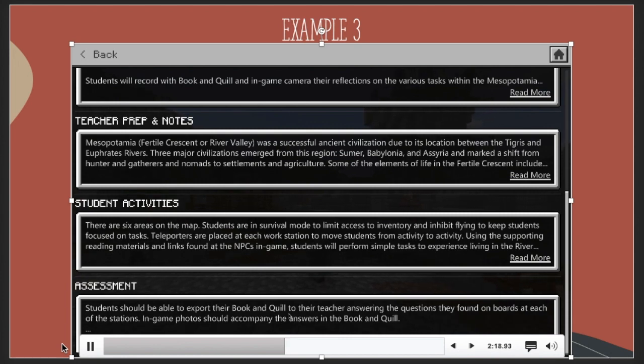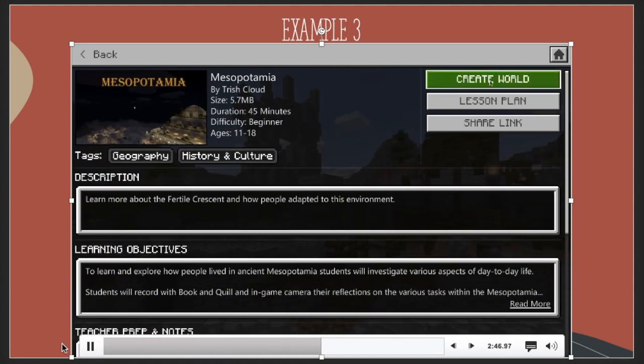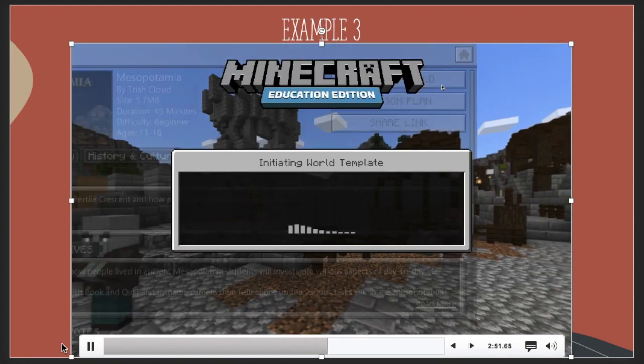You can look at what other teachers have done and then just kind of modify that to meet your own students' needs. So maybe a student who has autism may not do the best with doing some of these others, and you might have to modify it to meet their own needs. However, meeting that socialization aspect, that has been discussed throughout this presentation, Minecraft is a great way to help students socialize and interact with each other. So now if we scroll up to the top and you just hit Create World, and this is like any of the Minecraft worlds that you find, you hit Create World.